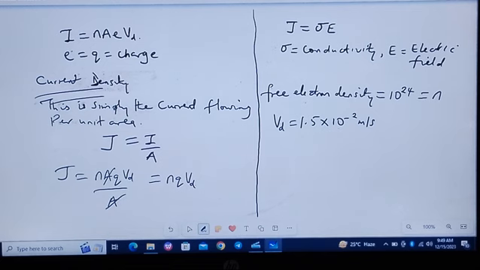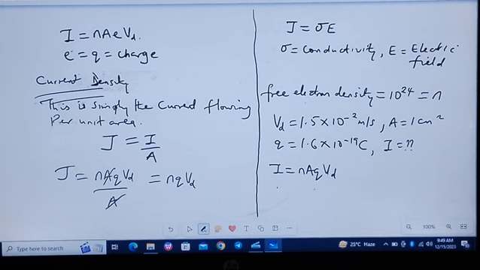If the cross-sectional area of the material is 1 centimeter squared, and the electronic charge Q is given as 1.6 times 10 to the power minus 19 coulomb, what will be I? You can use this formula to calculate the value of I,